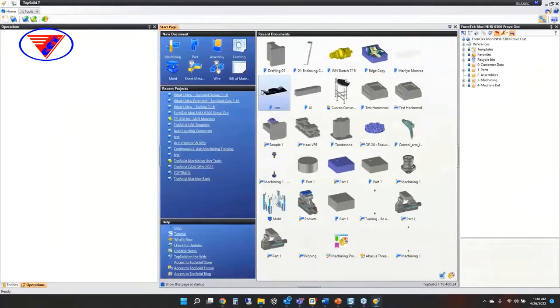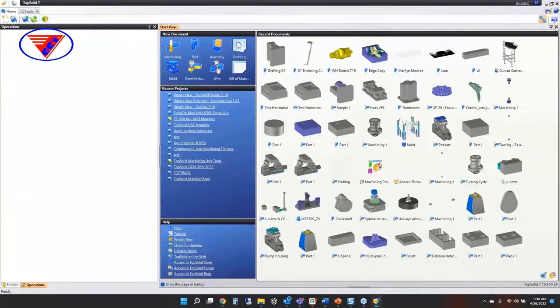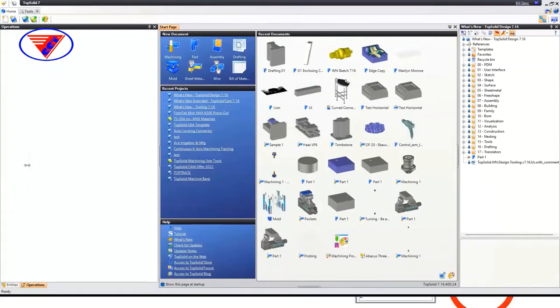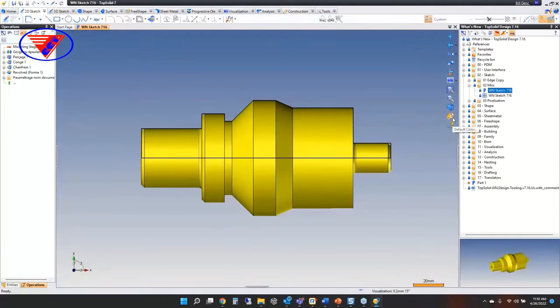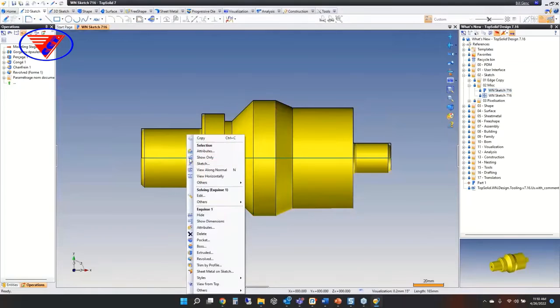So let's go into here. Let's go to our what's new in design. Minimize that over to here. Back to our sketch here. And let's go to this part to begin with. All right, so if I edit this sketch,